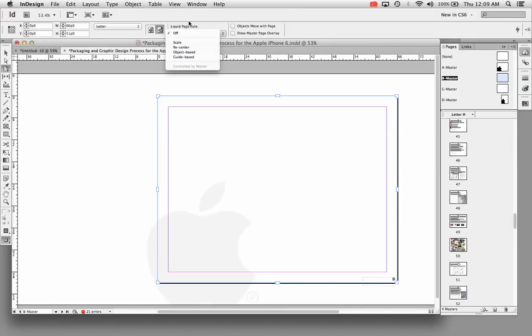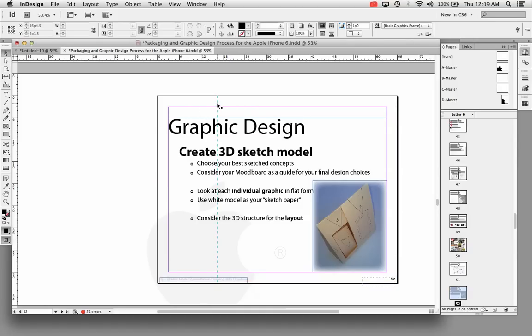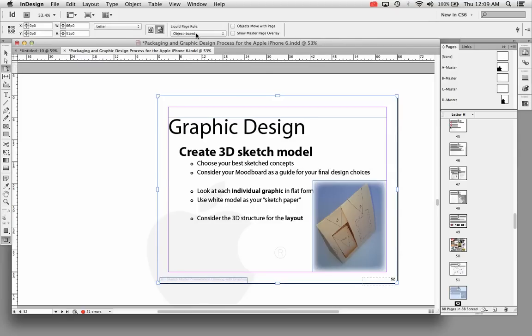I can go to liquid page rule with my page tool selected, and I can choose one of these 4 page rules here, and it's going to apply to every page that I have a B master on. So that might be a nice quick fix for all of your pages if you want that. Now I think for my page that I had created here, this particular object-based rule worked the best. So I just switched that back to the object-based rule. Now I'd have to do that on every page, so that's going to be a little bit more tedious than choosing, say, a scale